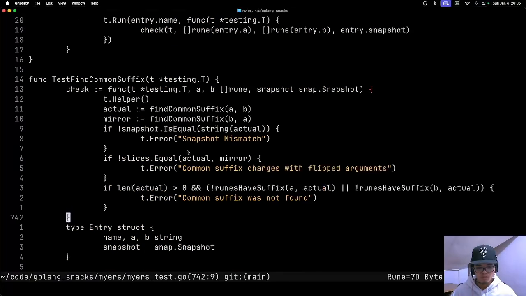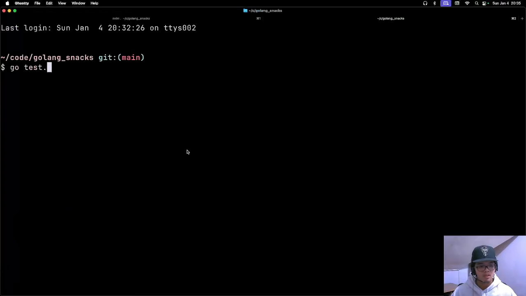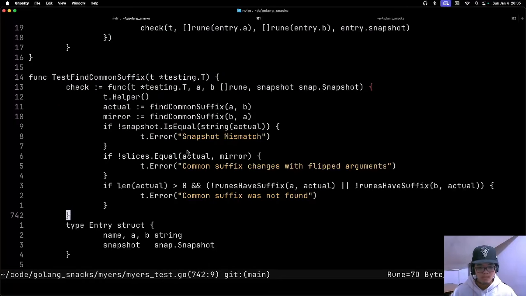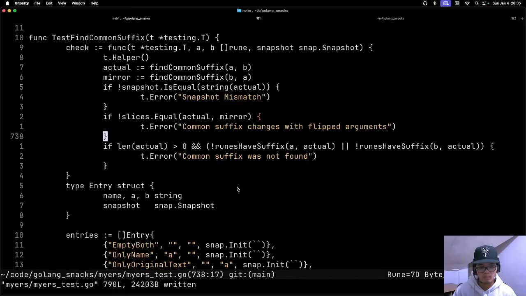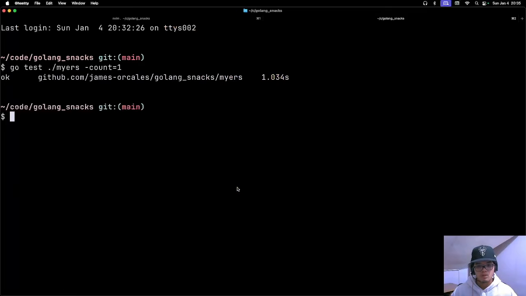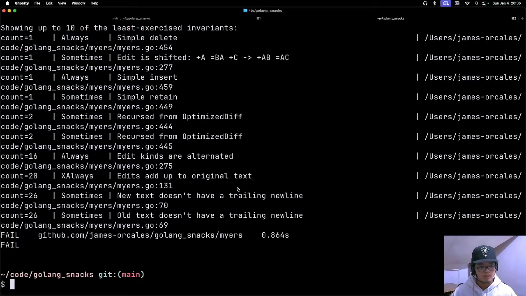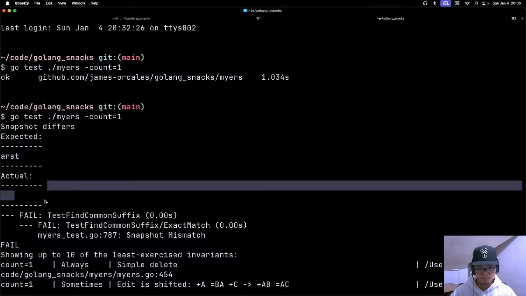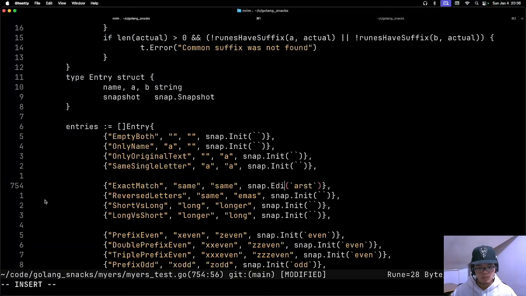Now we have a check function that asserts the snapshot. Let's run this code. Go test Myers count 1 to avoid caching. It passes. Here's what I want you to notice about this setup. Let's say we have a test case here that has an incorrect output. Let's run the test. It fails. Here we go. Expected arst, we got none. If I change this to edit,